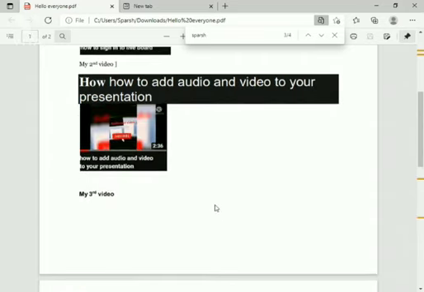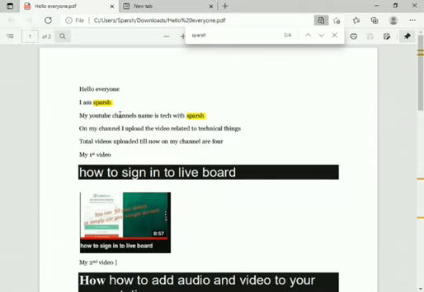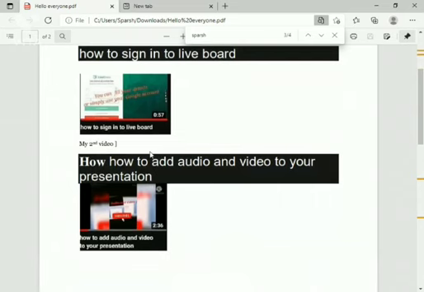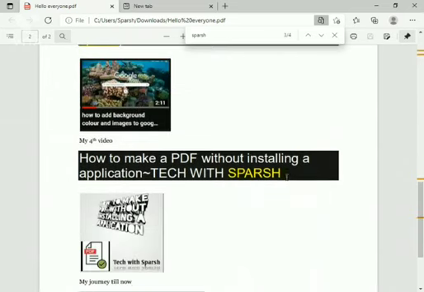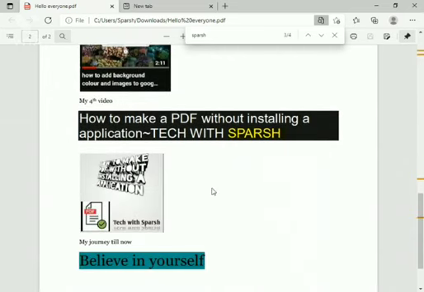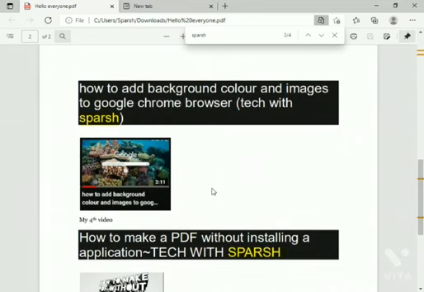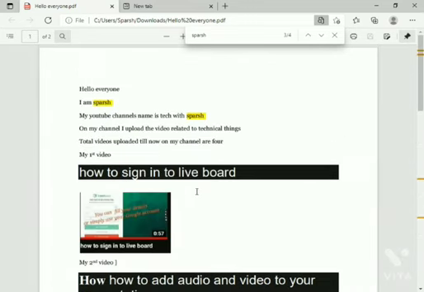It will highlight the words wherever Sparsh is written, with the yellow marker. There are 4 times in this whole PDF. To close this, we can click on the close button.